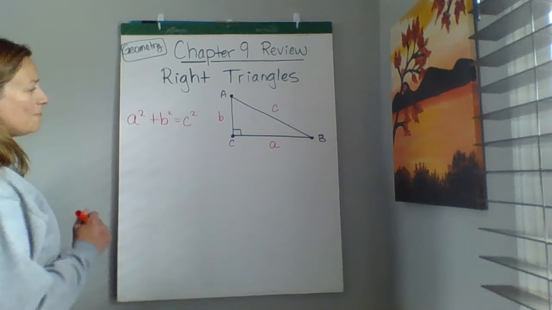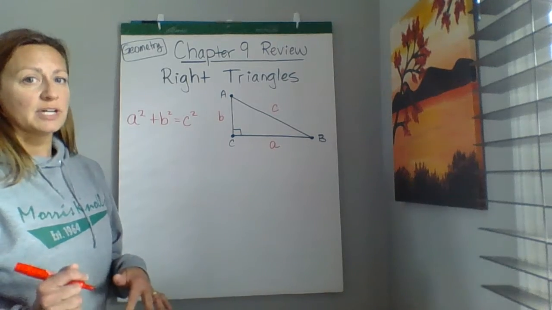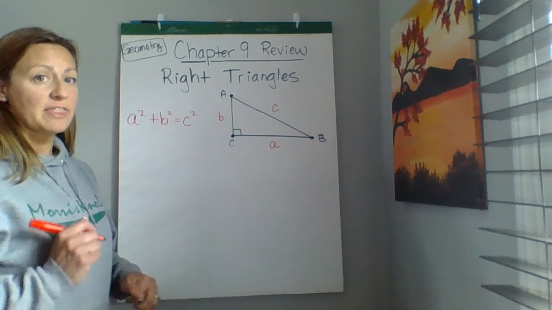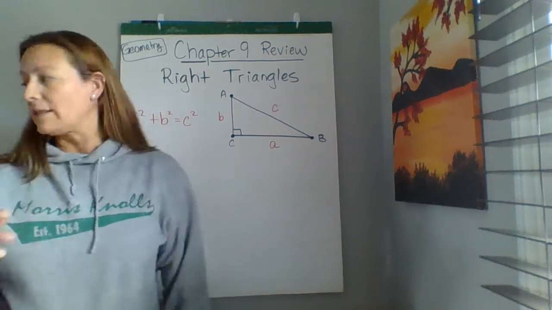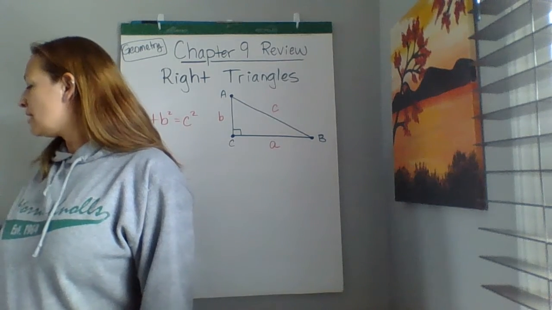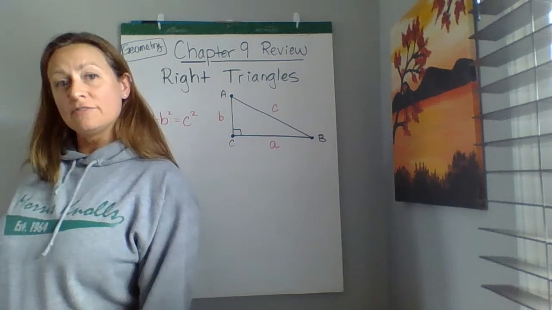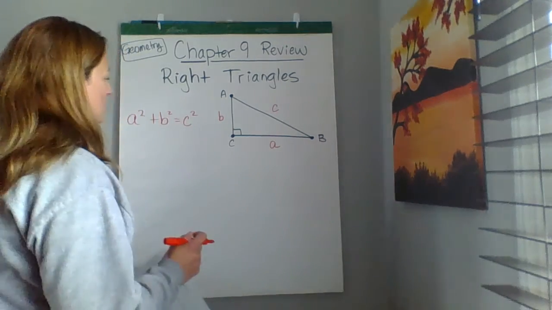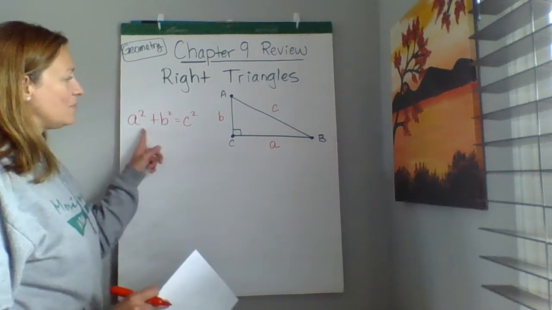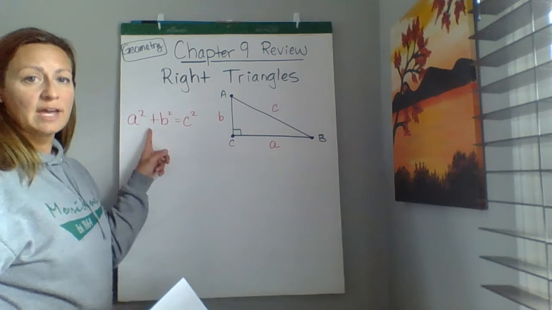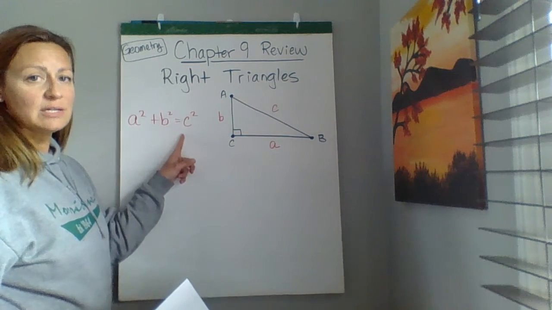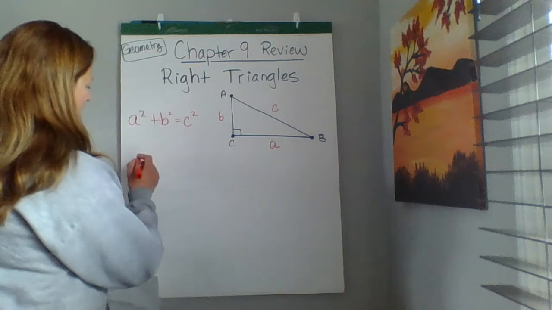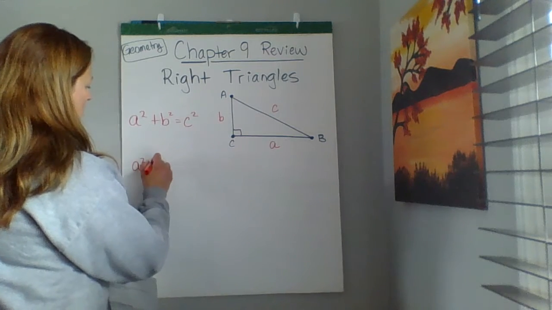Remember, if it doesn't form a right triangle, there's actually something called the Pythagorean Theorem Inequalities that tell us that you can determine what kind of triangle is formed if it's not a right triangle. So if it is a right triangle, it will make this equation true, that a squared plus b squared equals c squared. However, if you were to have